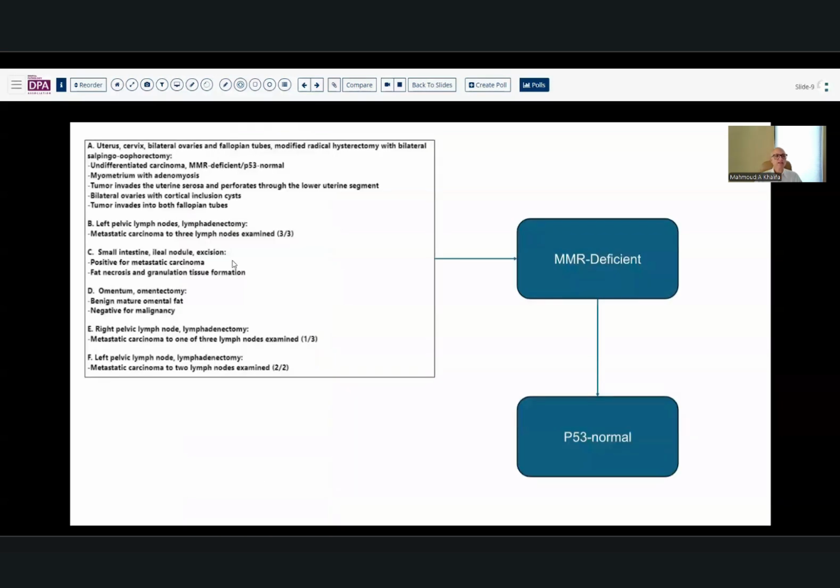So this will be an example of undifferentiated carcinoma, MMR deficient, but P53 normal. Once we say MMR deficient, this is the second category of molecular classification. This patient will be treated by a checkpoint inhibitor because MMR deficient triages the patient to checkpoint inhibitor